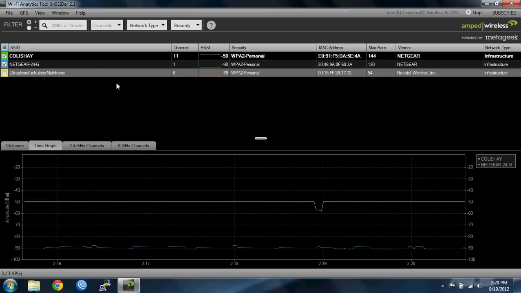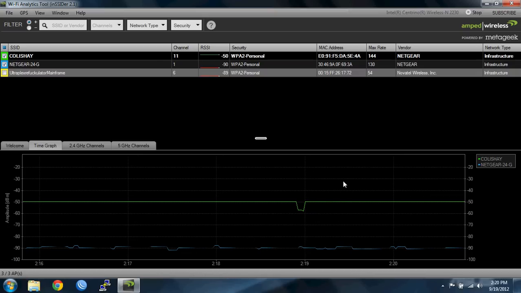Fortunately for me, this is not a noisy environment. However, if it was, you would see a lot more of this going up and down. It would look almost like a heartbeat monitor rather than a nice straight line. That's something to keep in mind when you're dealing with very congested areas such as apartment complexes or very urban settings. You want to take a look at that and find the channel that's got the least amount of congestion,